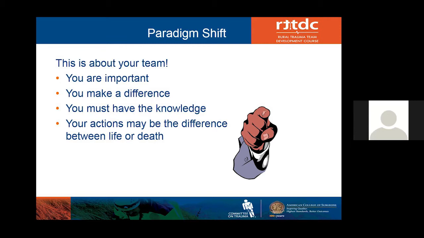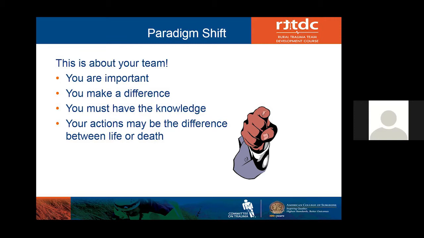It seems like the trauma centers always get all the glory, but really, what I tell people all the time, if you bring me a dead patient, I will just simply be left with a dead patient. I can't do anything unless you do the job in the pre-hospital phase as well as you can. You make the difference. And that difference comes because you're interested and you have some basic knowledge to initially stabilize